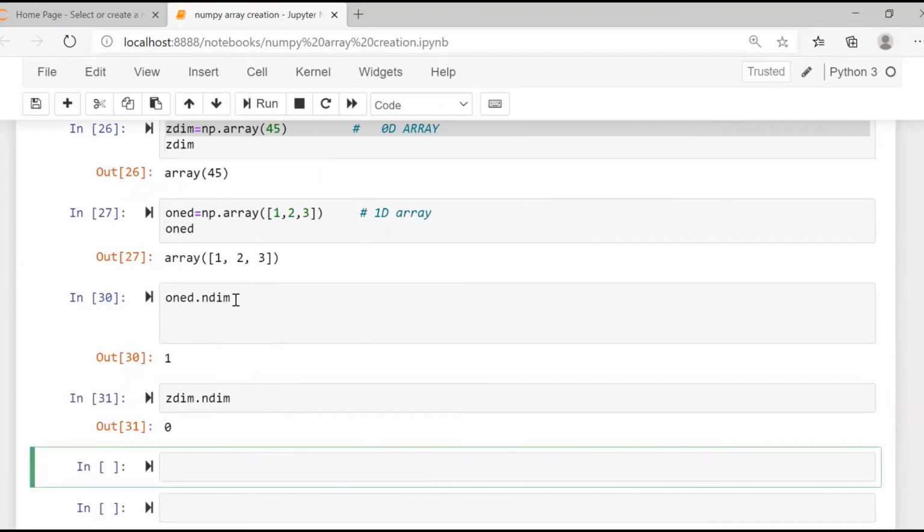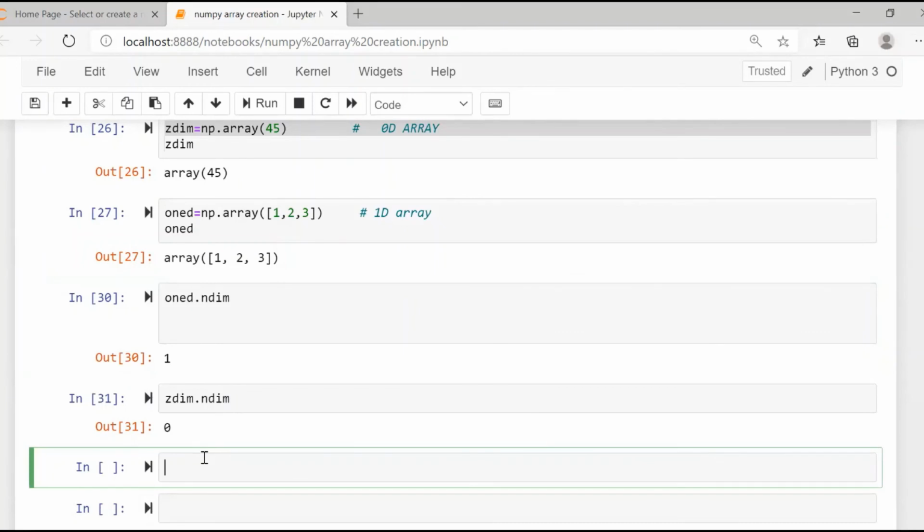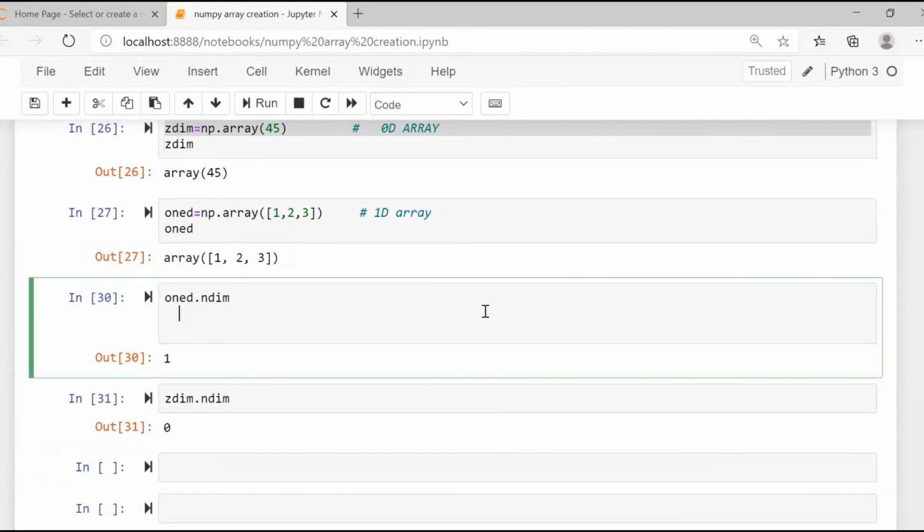We can write either the previous way or this way, the reference.ndim or np.ndim of the reference. In both ways you can get the output. So this attribute is called ndim. It will give you